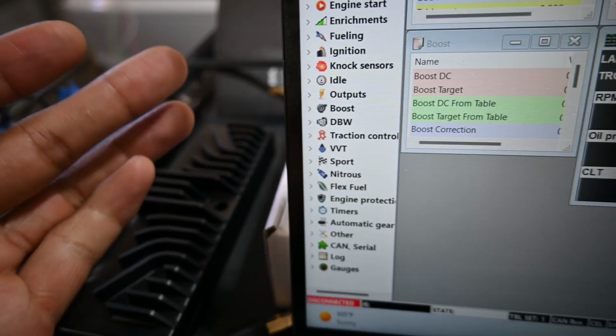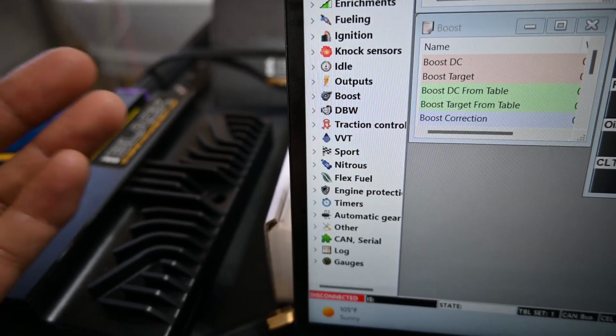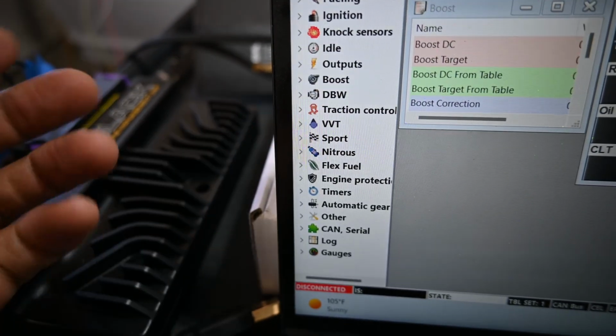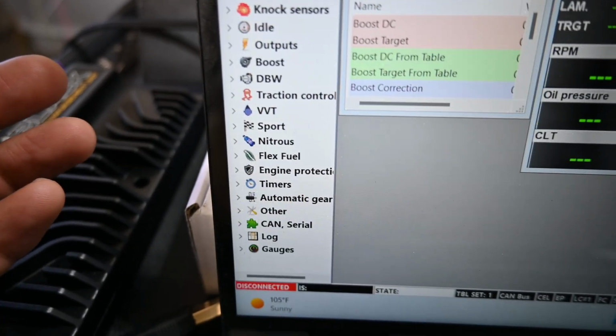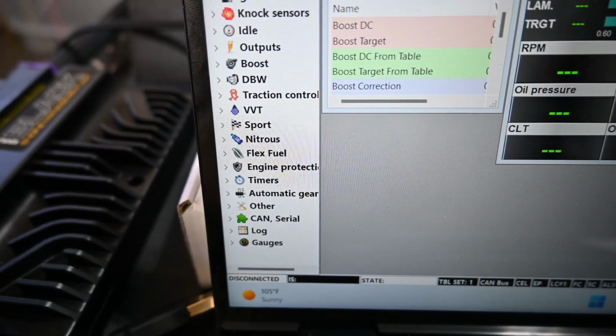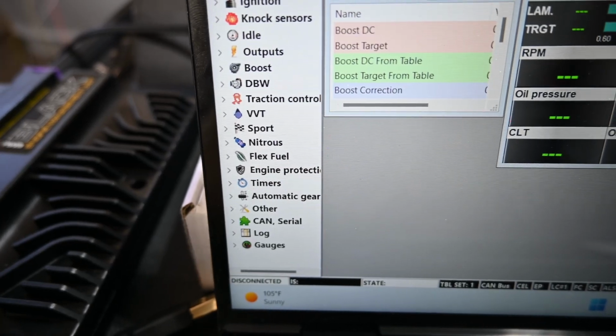My boost control solenoid, once I get my boost setting, if I want to be able to have different boost settings, that'll be output to control there. VVTi, you got traction control, drive-by-wire, boost, nitrous control, flex fuel. I want to get a flex fuel sensor. I have that engine protection. You can set up strategies for if your oil pressure gets too low, to limit your RPM or your timing. All kind of things you can do on here. So for me, I feel like this was pretty much the best bang for the buck option. It's pretty straightforward. So that being said,